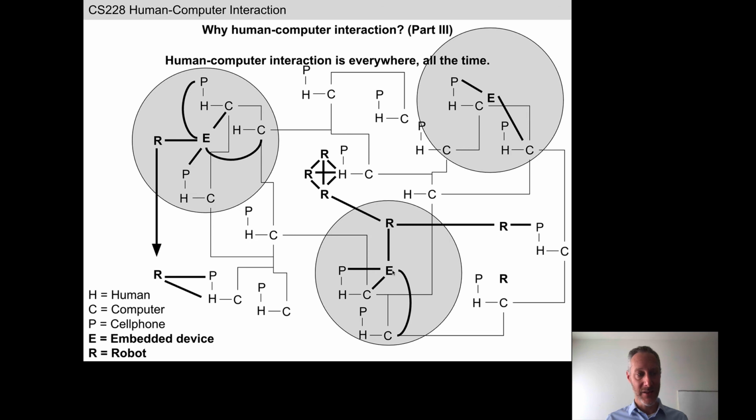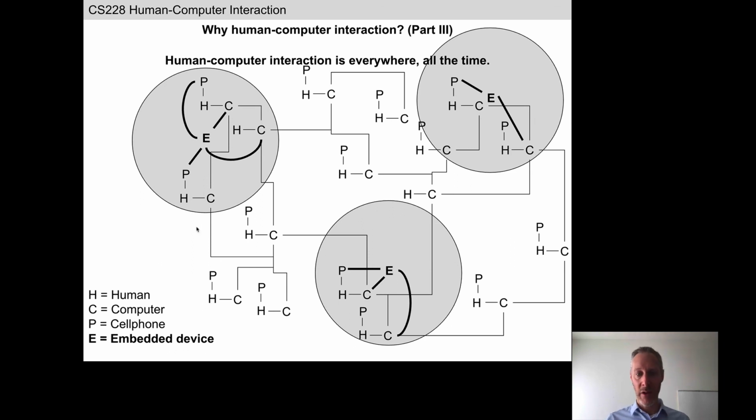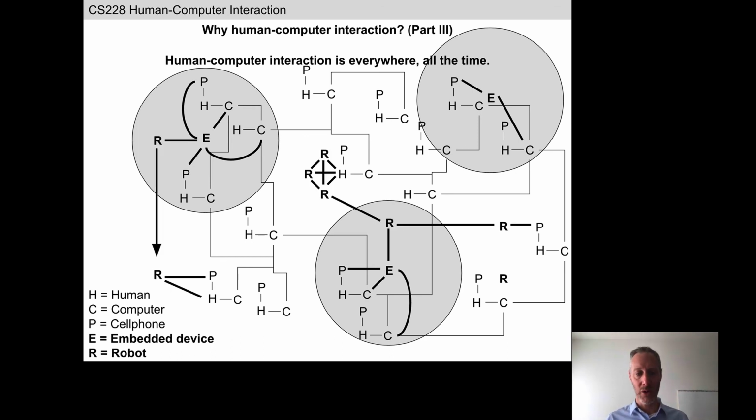Like embedded devices, they are able to directly sense the environment using sensors, but unlike embedded devices, they are also active. They are able to move themselves about their environment. So we're not quite here yet. The world basically looks like this. There are relatively few autonomous robots in our everyday environment, with the exception of maybe the robot vacuum Roomba. But we're moving towards a world that looks like this. In this world, humans are interacting with not just more devices, but more different kinds of devices. And that complicates things in an interesting way for an HCI designer.